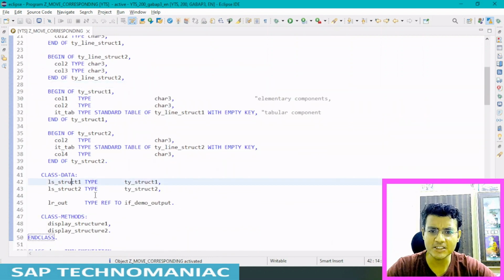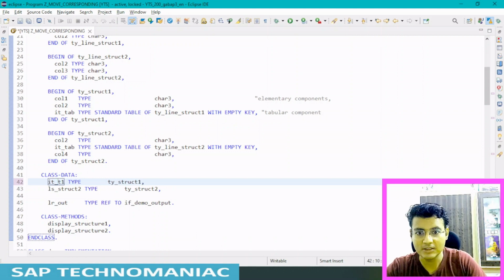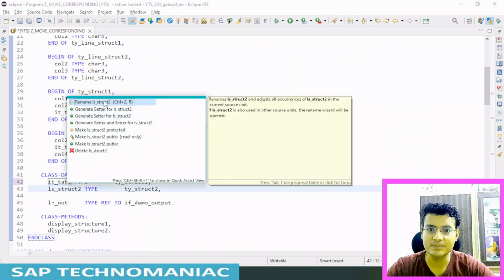Instead of a structure, let me make a tab and rename this one. Instead of IT_tab1, tab1, Control 1, rename.